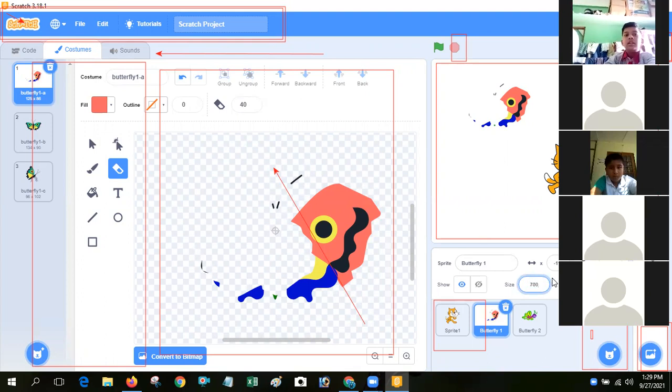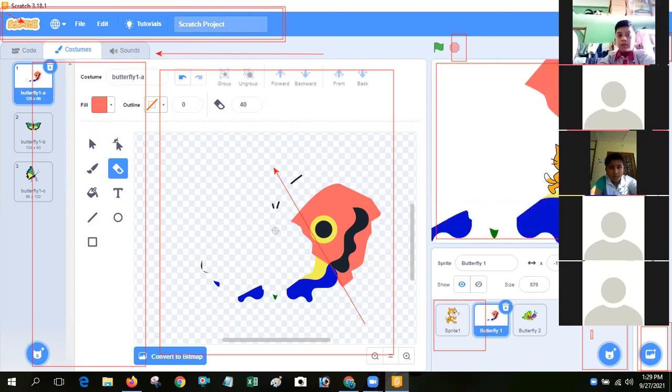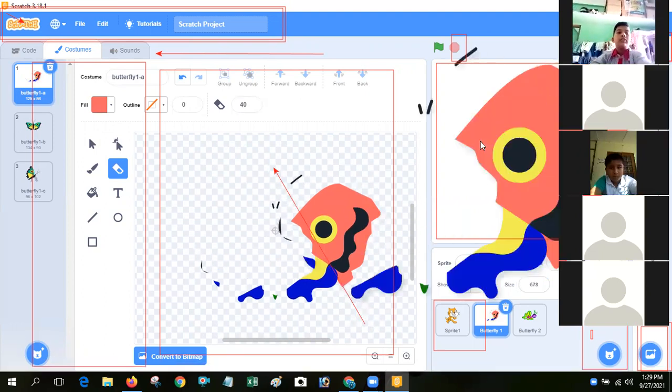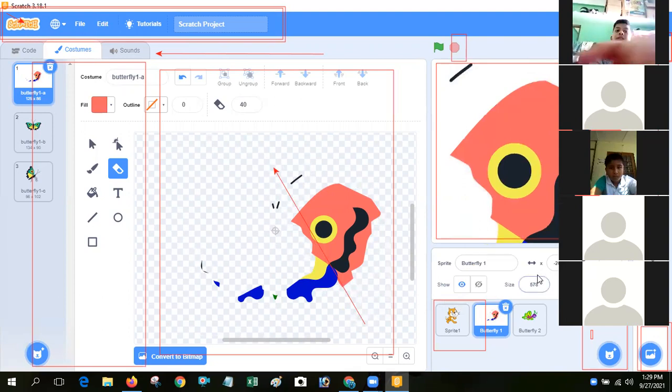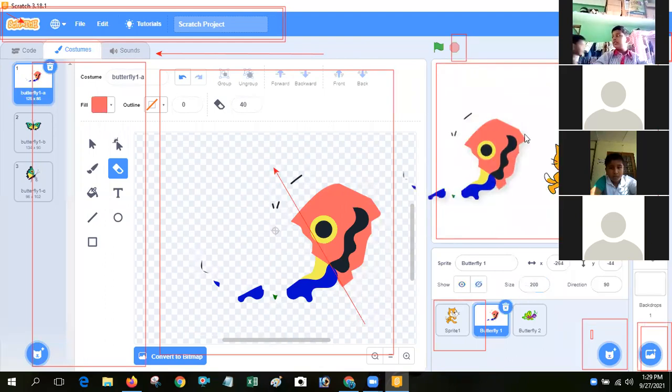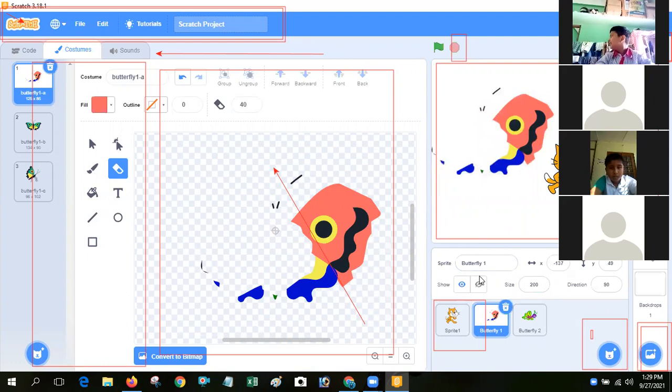Suppose I use 700. Now you see. Suppose I use 200 only. And you can also change direction, y direction or x direction. So it's called paint or edit.